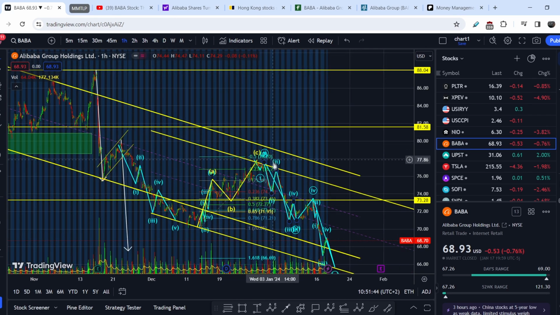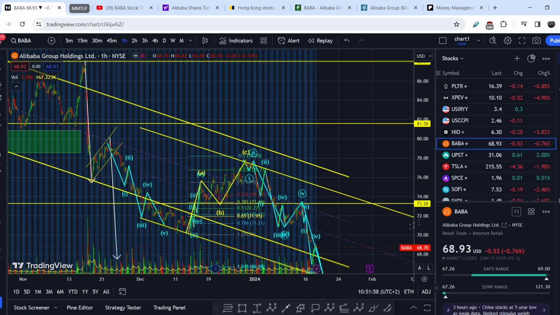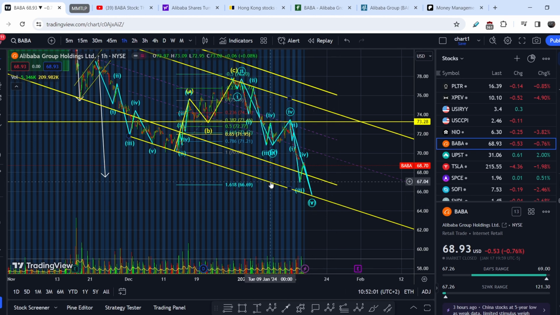On top of that, let me show you this movement. I cloned this channel because we didn't reach the upper range of resistance of this channel, but at the same time we broke the range of support, and we have pretty much the same range but a little bit lower. And that is why my assumption is the following: we have to land somewhere along this line, and from the ranges in between, let's put it this way, from 66 all the way down to 64, we will be able to catch this bottom, and from this range it will be a bounce to retrace at least this movement from $77.9 all the way down somewhere to this range.